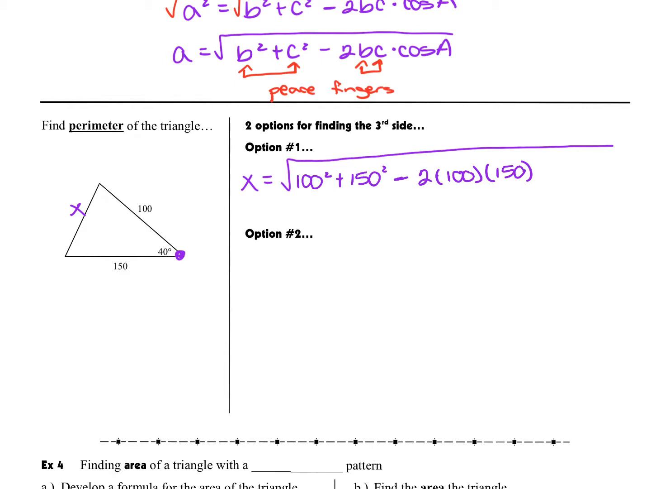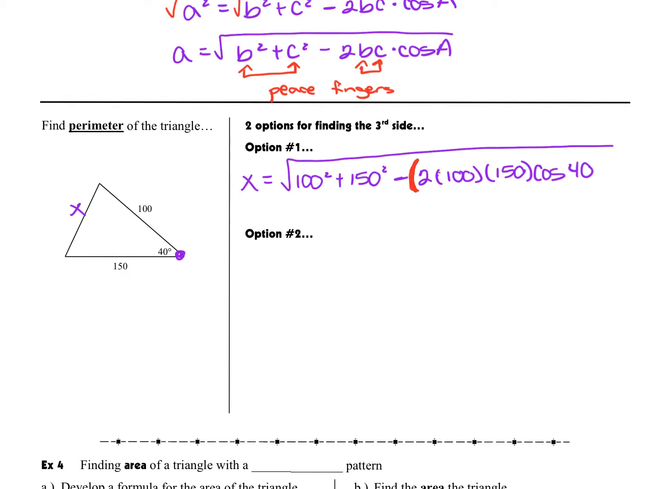And that's going to be times the cosine of the angle that we have. If you type all this in your calculator, you will get your final answer. Now, here's a little tip. You've got your 100 squared, your 150 squared minus, when you get to this portion and you type it in your calculator, I would do